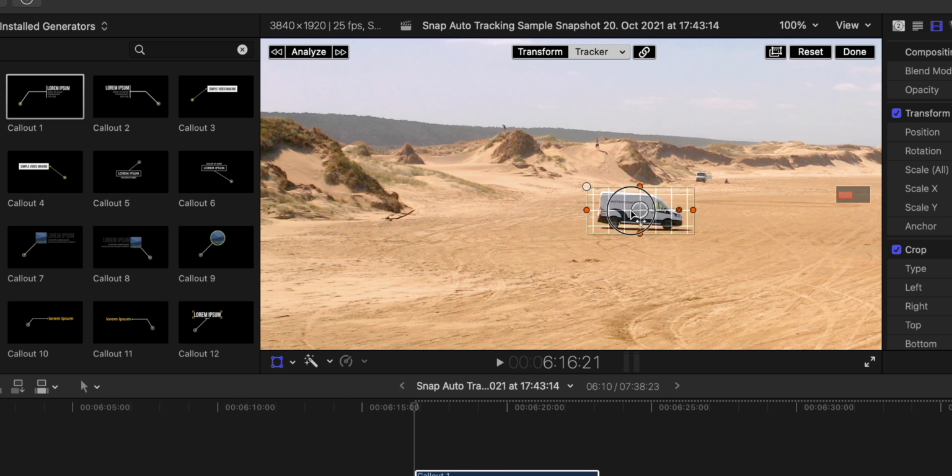So I make it a little bit bigger so it's more onto the car, and I will also adjust the edges a little bit so we don't have so much unnecessary trackable space here. Okay, now here on the top left corner you have the tracking controls. You can either track left from the playhead, right from the playhead, or go into both directions.